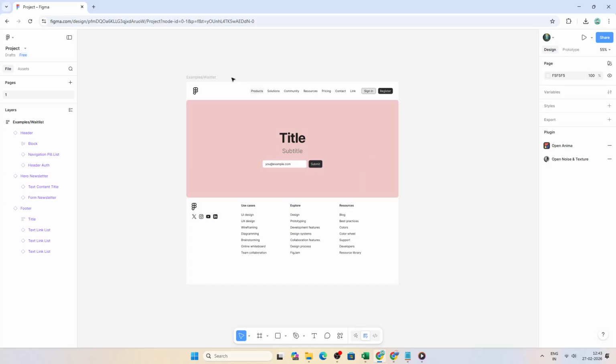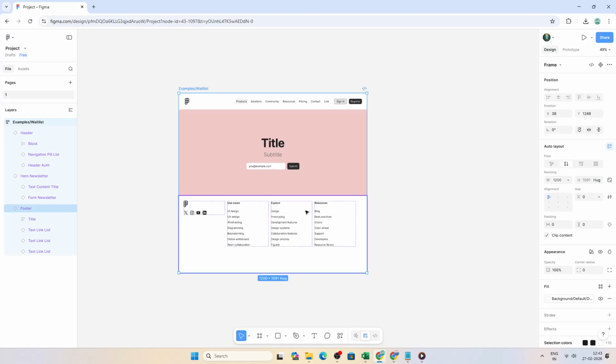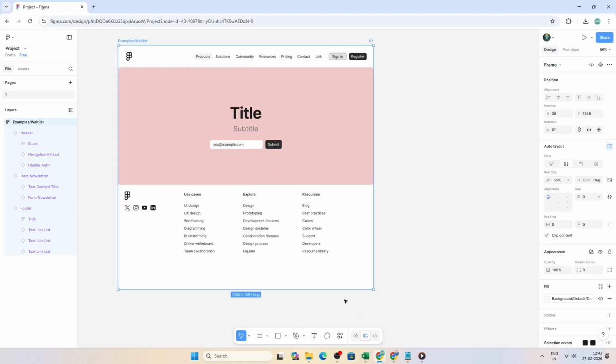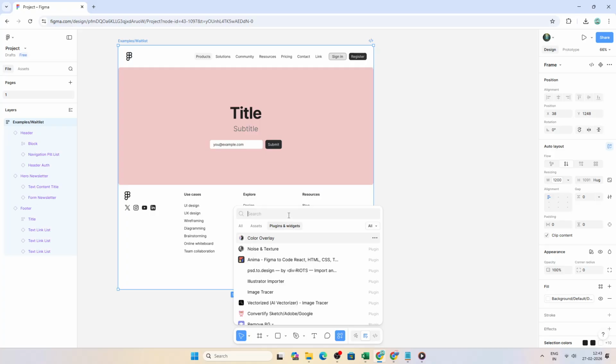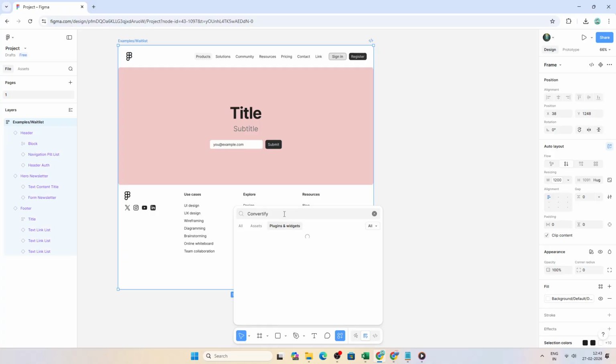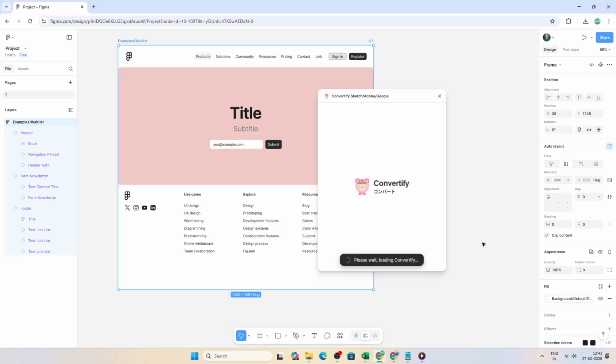Next, install the plugin we'll use for the conversion. In Figma, go to the Plugins menu and search for Convertify, with the full name Convertify Figma to Sketch or XD or A. Install it, then open and run it from the same Plugins menu. The plugin loads in a small panel on the side of your canvas, and you'll see options for multiple export